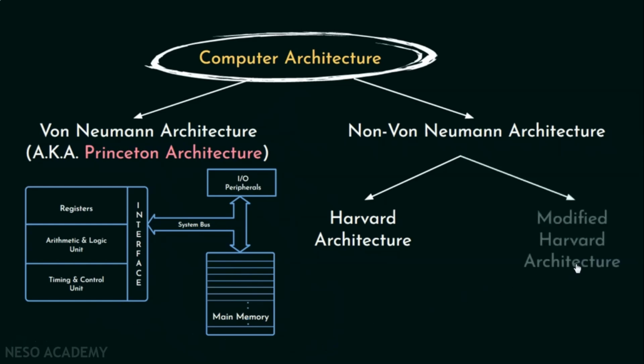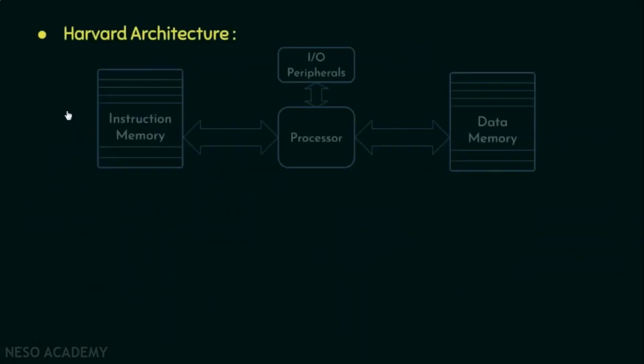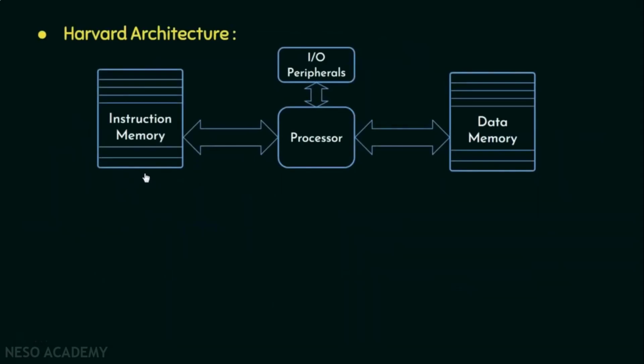Next, there is modified Harvard architecture, which cannot completely be classified as von Neumann architecture as it doesn't strictly follow the von Neumann principles. But it is more of a combination between both the Harvard and the Princeton architecture. Now let's study them in a bit more detail. Now in Harvard architecture, we have separate memory units. One is for strictly storing the instructions and the other for the data items. This way, the processor can both read an instruction and perform data memory access at the same time. Therefore, computers belonging to this architecture family are faster because instruction fetches and data accesses are not competing for the